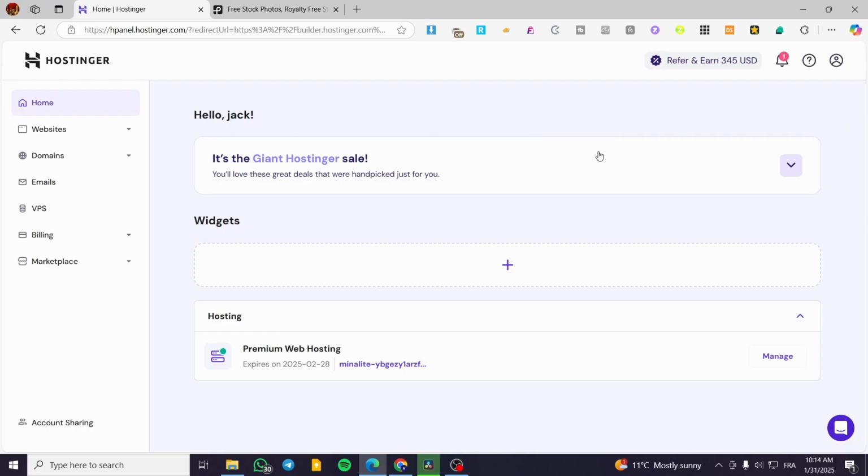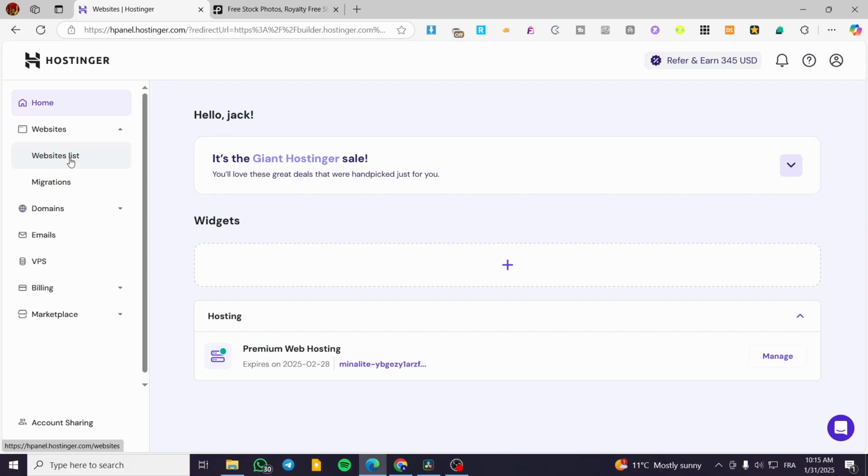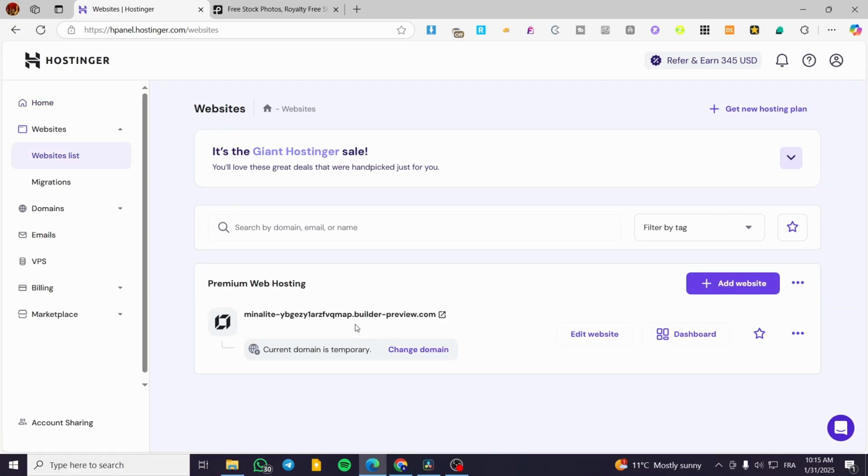You're going to head over to the dashboard of your Hostinger website builder. So you're going to type in on Google Hostinger website builder, then you're going to head over to your platform. Basically, you need to have a subscription to have an account or a website on Hostinger. This is something obvious if you own a website already. So you're going to head over to your website list like that, and then you're going to select the website that